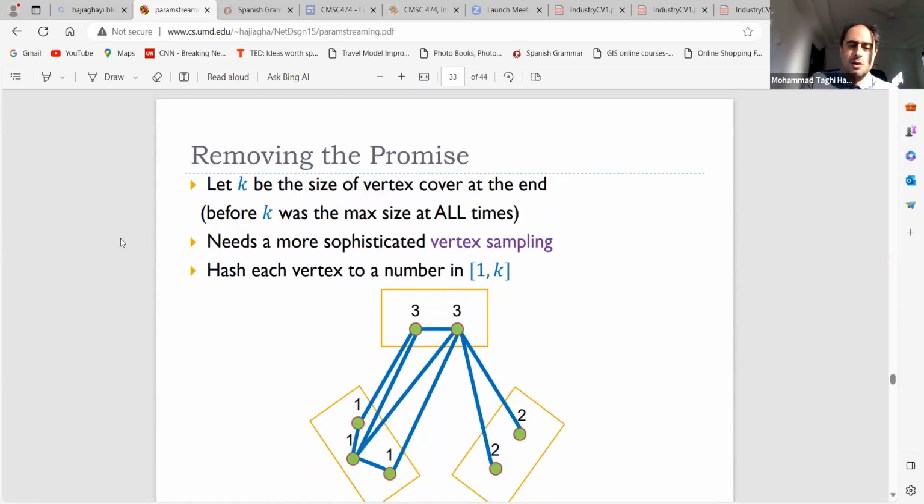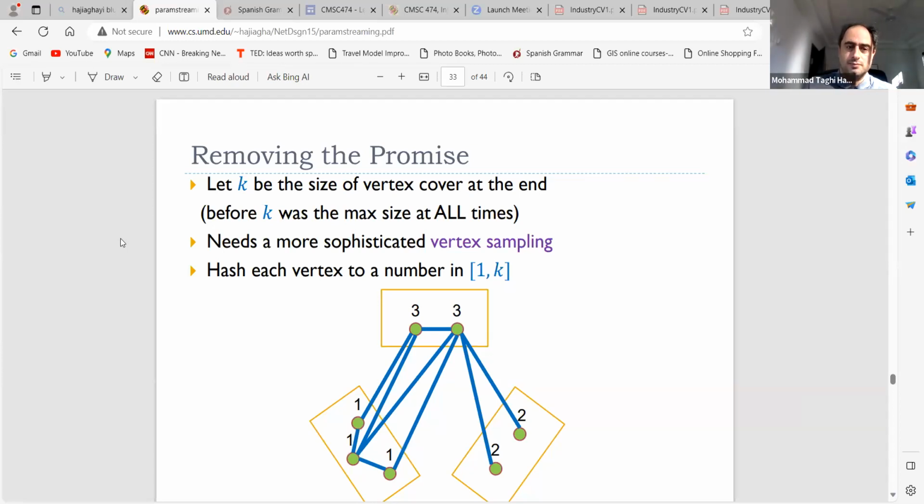But what about, I just want to give some ideas about this other approach, the second one, when we remove this promise? What was the promise? That at any time the size of this vertex cover should be at most k. We really remove this. As I mentioned, it was quite non-trivial that in that case we can actually create something. This paper that we have now is the base of lots of other papers that are using these ideas. And I think that's very important to know about it.